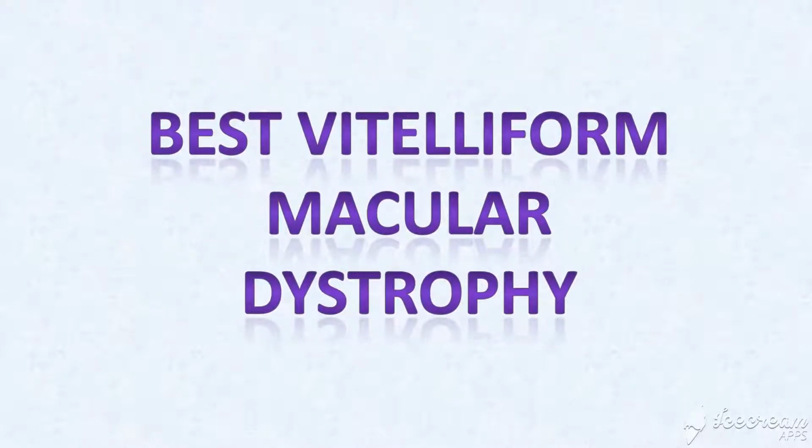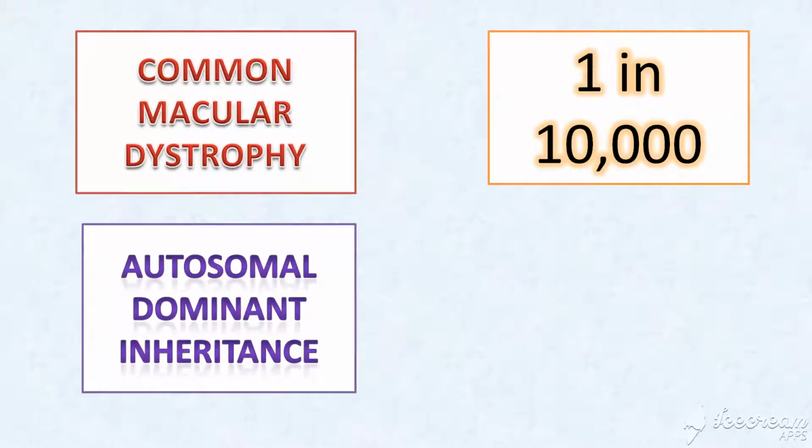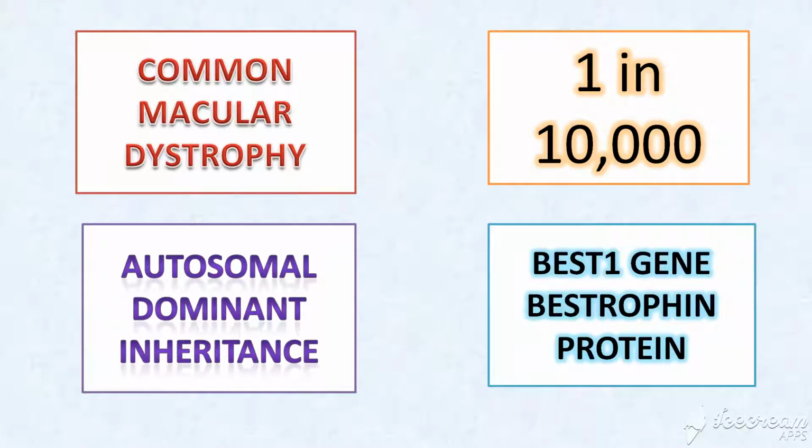Our topic for the day is Best Vitelliform Macular Dystrophy. Best dystrophy is a common macular dystrophy seen in 1 in 10,000 people. It's inherited in an autosomal dominant fashion and caused by mutations in the BEST1 gene which codes for the bestrophin